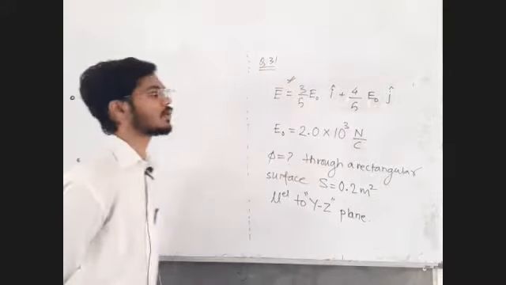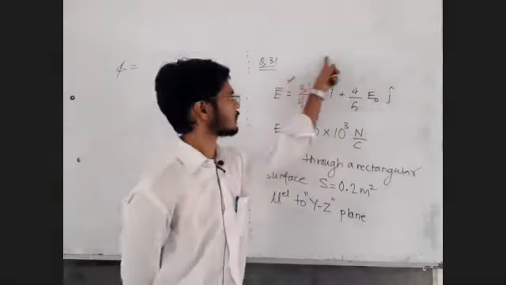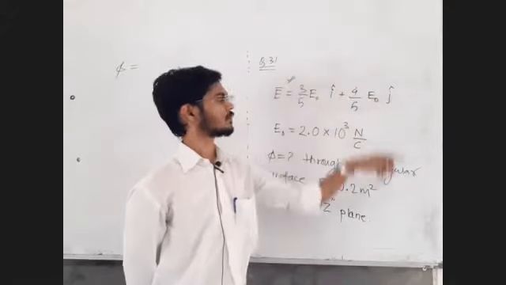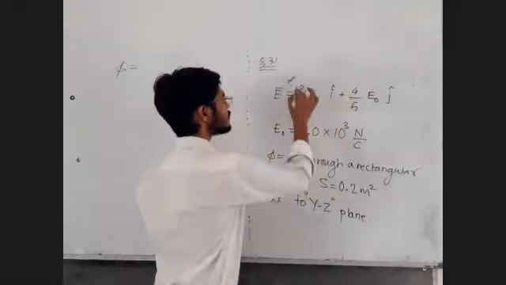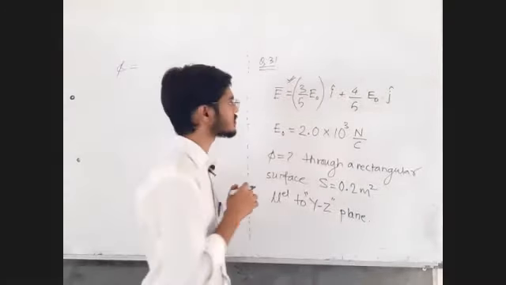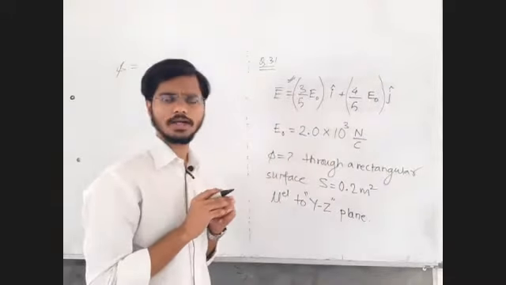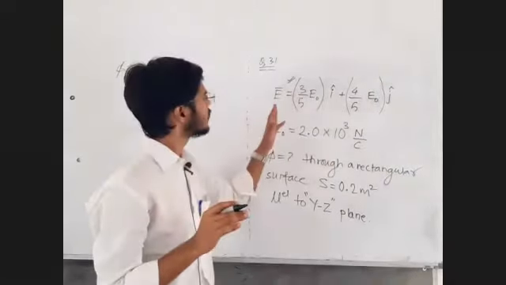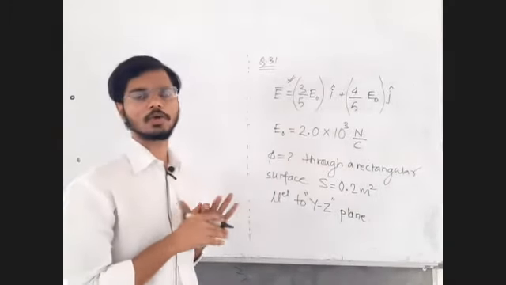Now can you observe that this electric field is some constant value. This value is not changing with x, y, z coordinates. This value is also not changing with x, y, z coordinates. It means that the electric field is same at all the given points. Yes, no? First of all, reply me in the chat box.